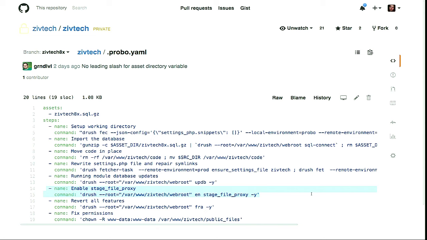Another question is, if you have a custom Nginx with very custom configuration, how will it fit into the diagram you showed? Will it be on the web proxy, or will it be before the web proxy? It depends on what you're trying to do.